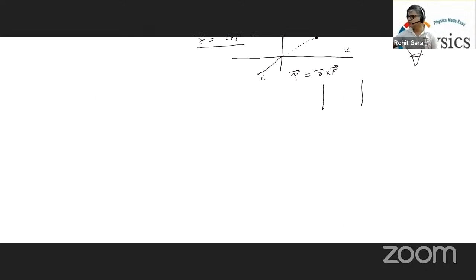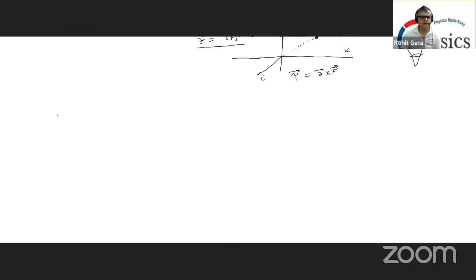Okay, so let's do one more question. We also did equilibrium. So some questions on equilibrium of rotational motion. Question number 2, for example, you have a